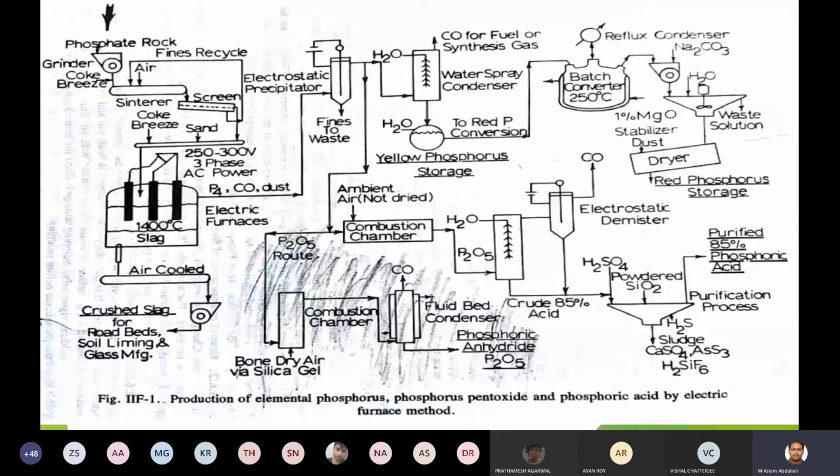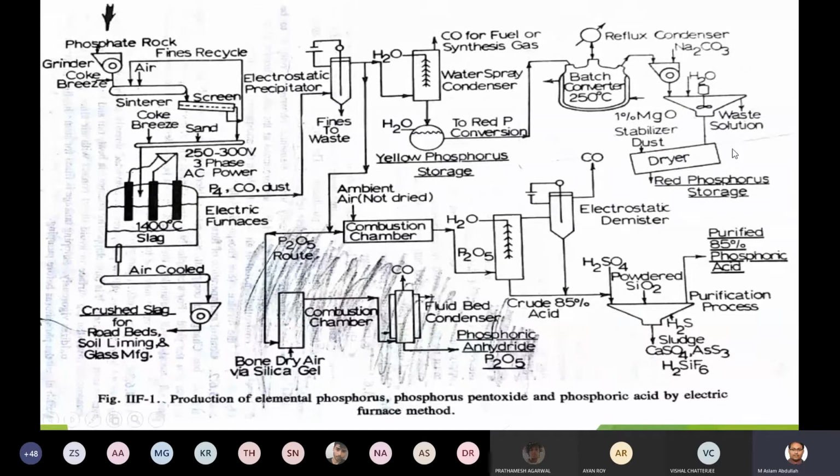You can heat the sand particle to 100 degrees Celsius, and it is passed externally along the walls of the dryer. The preheated dust here refers to the sand. You can heat the sand up to 200 degrees Celsius or 300 degrees Celsius, depending upon the moisture content present along with the red phosphorus. In order to remove the water present in the red phosphorus, I will add sand. This sand can be heated to 200 degrees Celsius or 300 degrees Celsius.